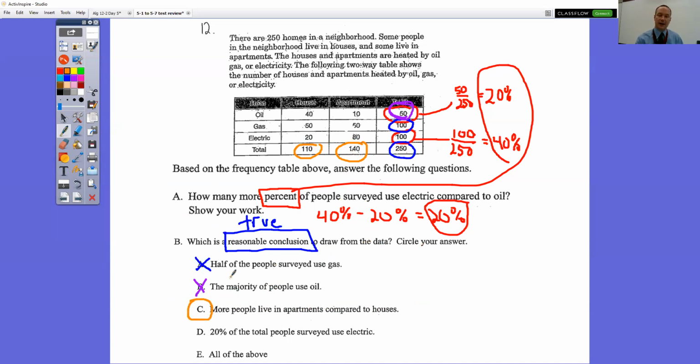So again, you need to be very careful on what specifically they're asking you for. Sometimes you're just going to use a row. Sometimes you're just going to use a column, and you have to be very, very picky as to what you're looking